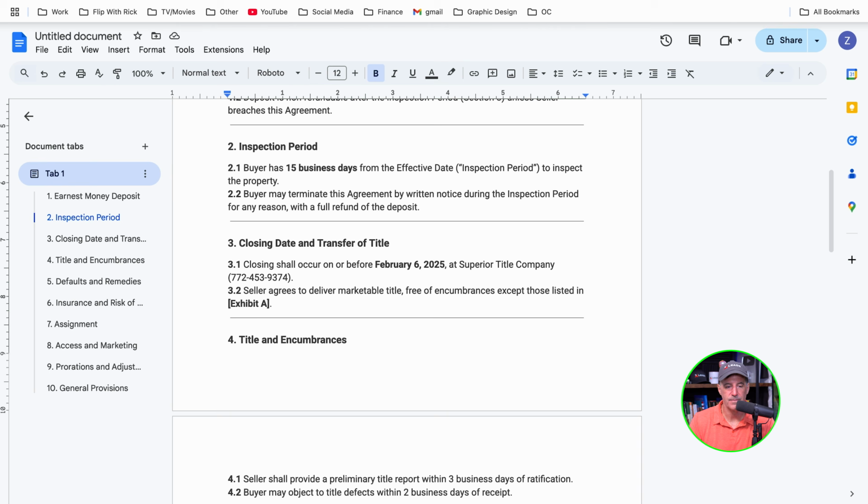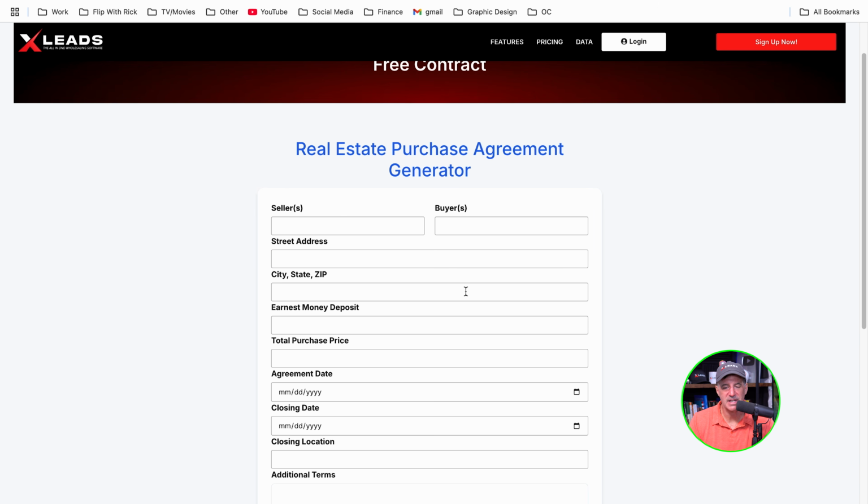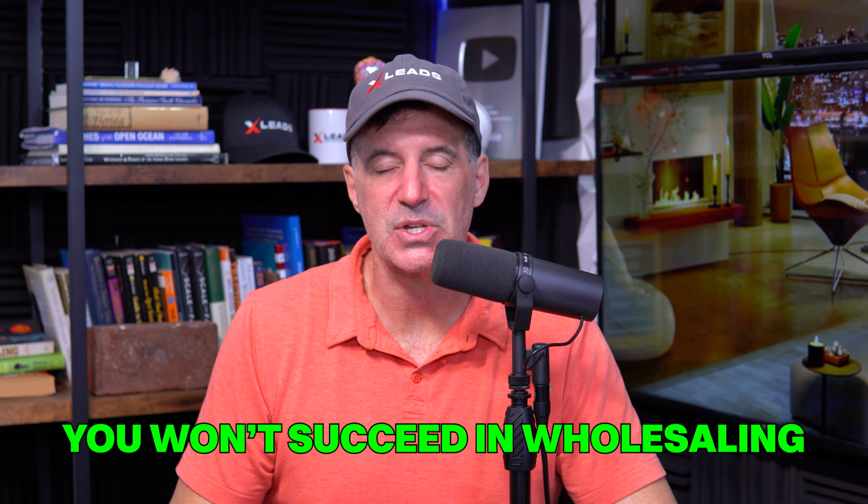If you go back over here to the free contract generator, pull this back up, you just put in the basic information. Why? Because I'm trying to save you guys from overthinking. I've already told you, me and Zach both tell you, if you don't make offers, you're never going to make it in wholesaling. So if you have someone that you're working with and you've gone through the entire process,